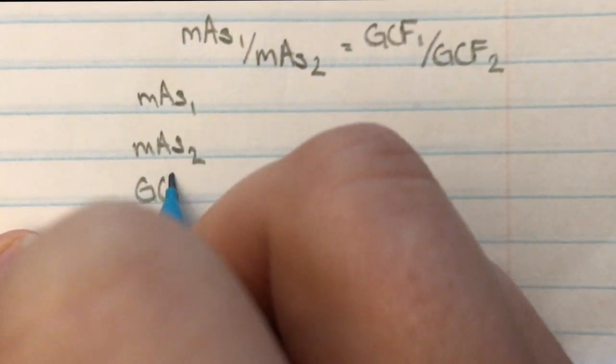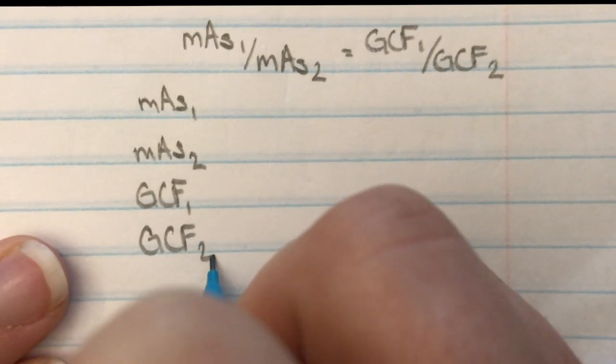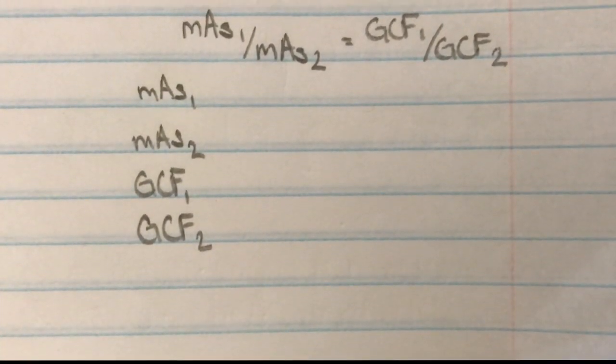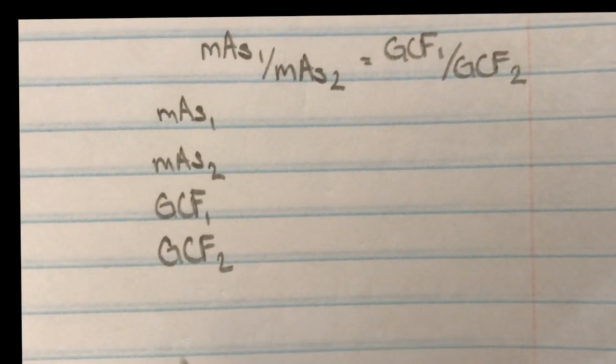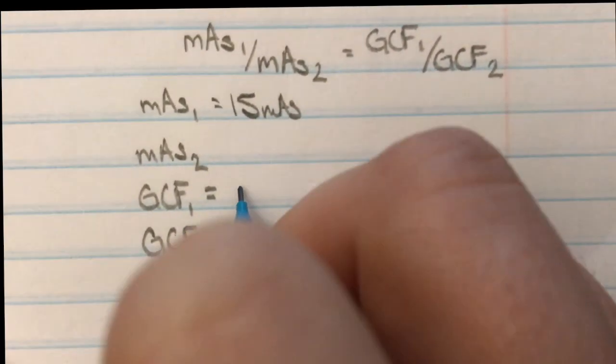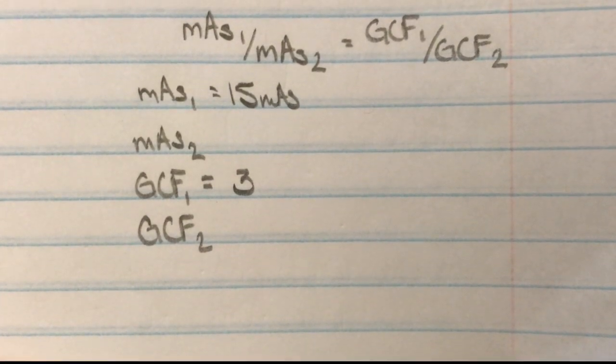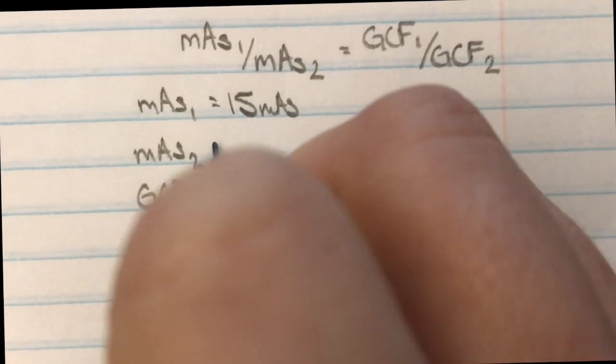MAS1, MAS2, grid correction factor 1, grid correction factor 2. So if we know that we had 15 MAS with a grid, so we got 15 MAS for our first thing, and it tells us that that grid correction factor was 3. And then it wants to know what MAS we use